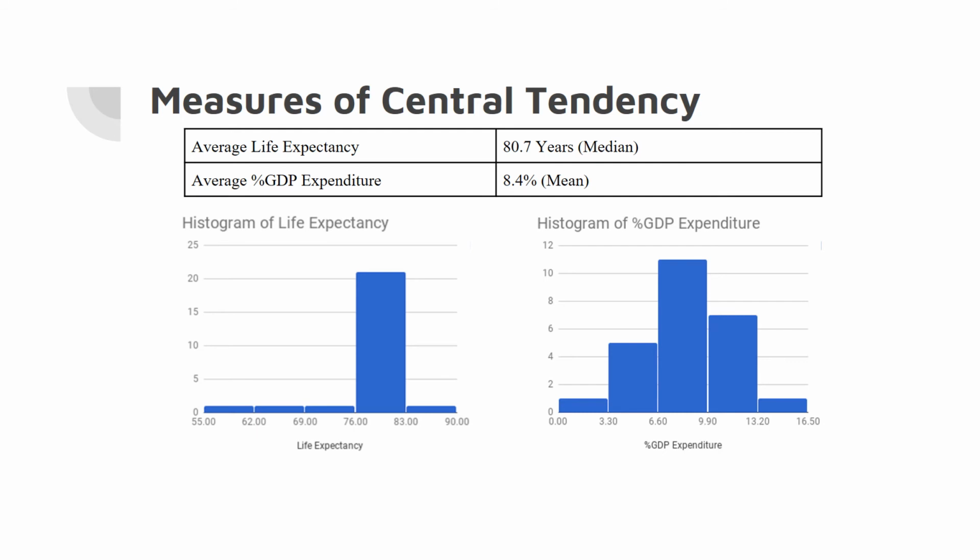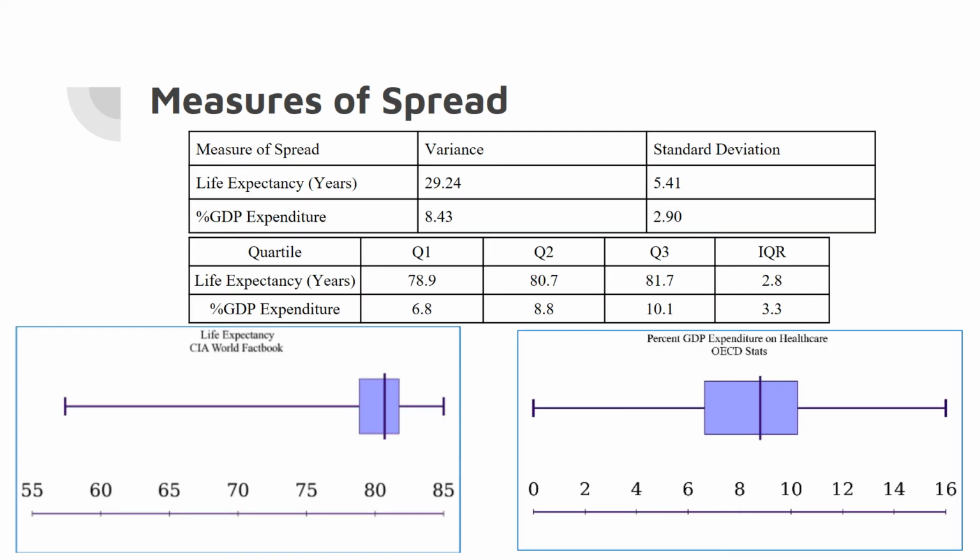So I just picked the mean because it is more reflective as we talk about money and such. Now, we're going to talk about measures of spread. That is how spread the data are, obviously. Now, judging by the numbers, you can see that life expectancies are highly dispersed, while the expenditure numbers are way